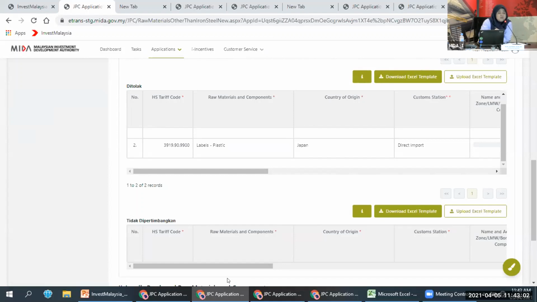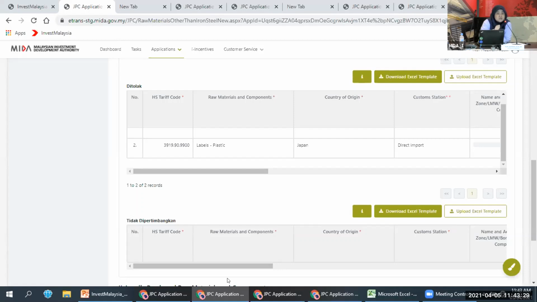Okay, so in this previous approval application, you will notice that we don't have HS code validation because there are cases whereby the approved exemption given is with the wrong HS tariff code, or maybe wrong other information as well. So that's why it's very important for you to make sure that you key in your data according to your approval.